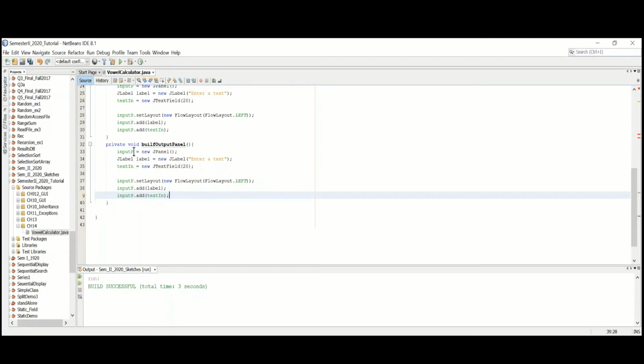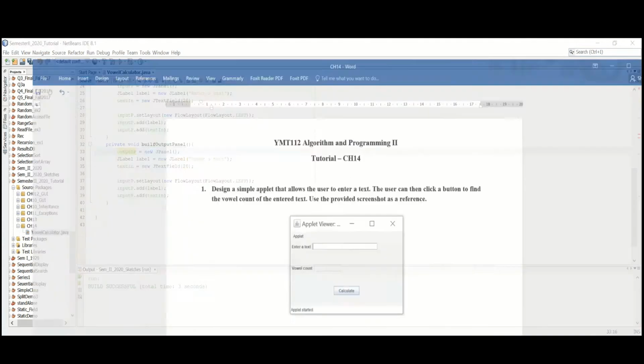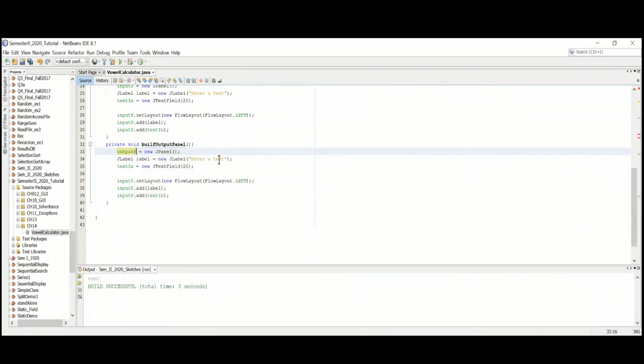Now input, now we don't speak about input, we speak about output. So this is the first one I need to fix. Output panel is also JPanel, and we need to change the field. Now label is local here. I can use the same name, it's fine. The same name will just do, and there will be no problem. The only thing I need to modify is the text, we said here val count, so I can just say this one val count,